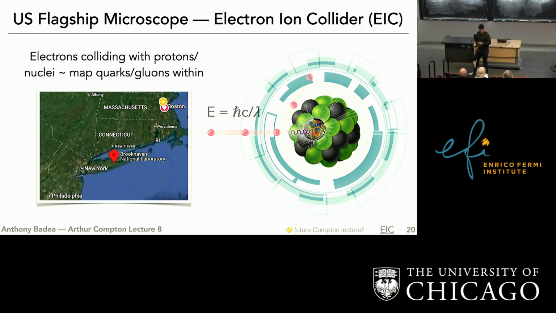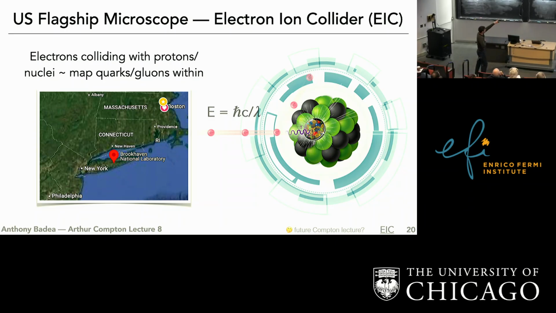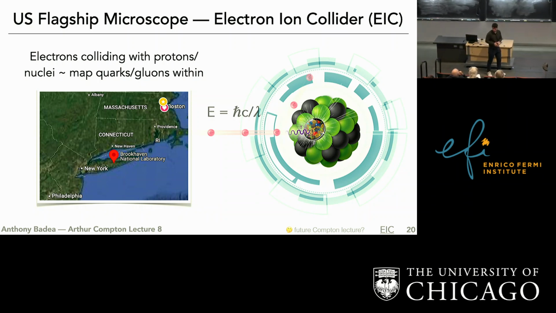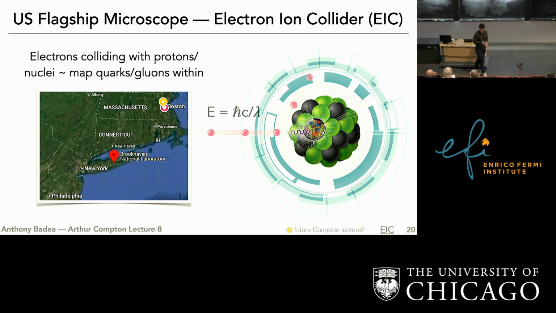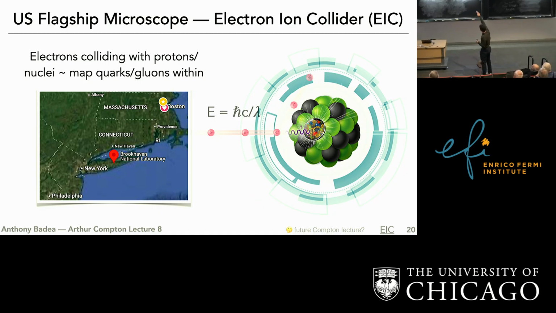This is somewhat less energy, though. Yeah, so the question was, this is somewhat less energy. Yeah, so the beams of electrons, for example, are going to be coming in, I think the number is 80 to 100 GeV. So it's going to be a huge drop from the LHC. But to do this type of physics, you don't need those really high energies to produce massive particles. You just need enough energy so you have fine enough resolution to look inside of the nuclei.